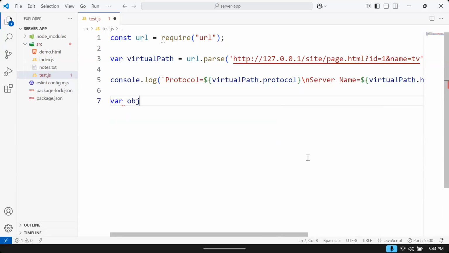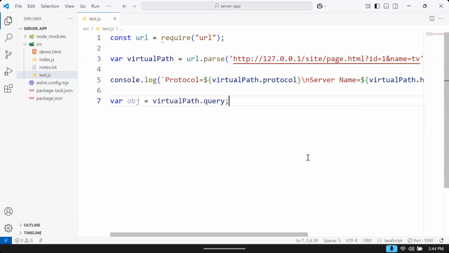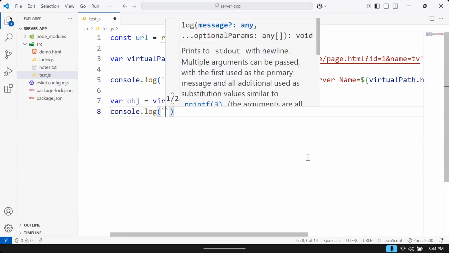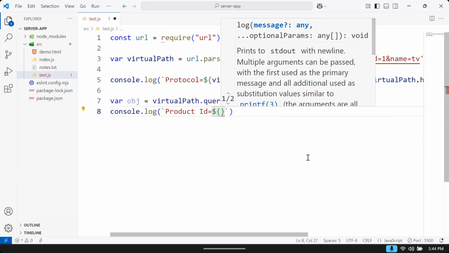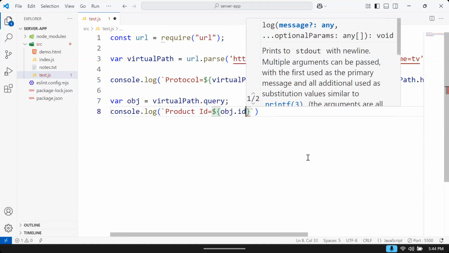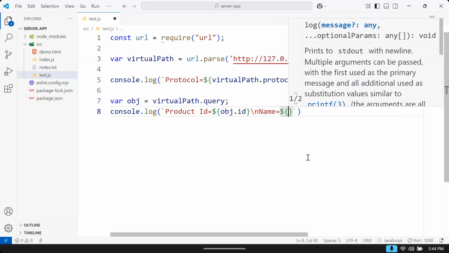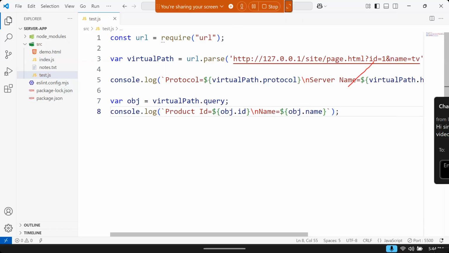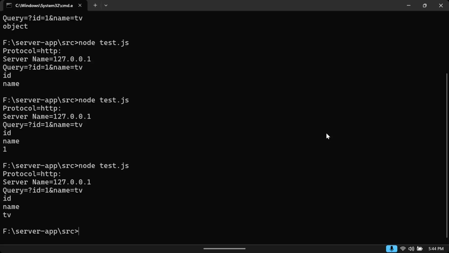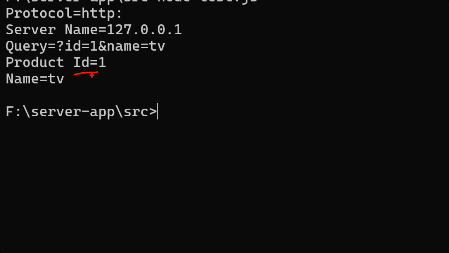var obj is equal to virtual path dot query. It is returning an object. The object contains two details. What are those? One is product ID. How can we access the product ID? We can access obj dot, we have a key called ID. In the next line, the product name. How to access the product name? Obj dot name. We are accessing these two details and displaying. Now let's see. So it is going to fetch that information and show product ID is 1 and the product